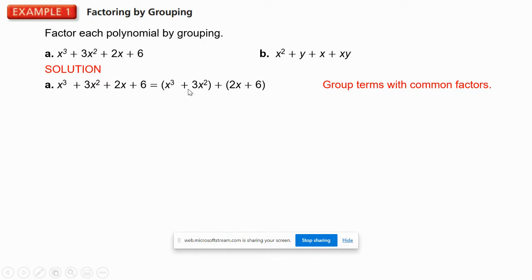And we notice that both of these terms in this parenthesis would have an x squared in common. So we will factor out an x squared. When we do that, what's left over is x plus 3. Now this is important. Once you do the first group, this parenthesis of the remainder after we factor out is going to be duplicated over here. So we're going to write x plus 3. If you take the last term in the group and divide it by the factor term, you'll get the common factor that needs to pull out, including the sign that it needs to be, because that would be a very